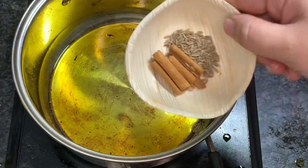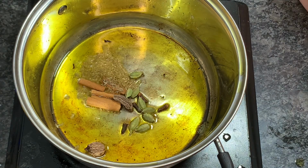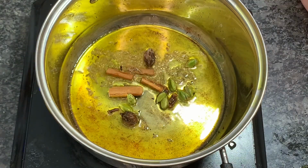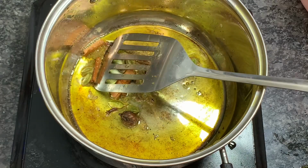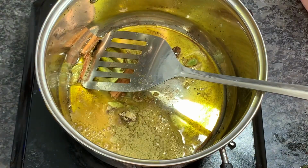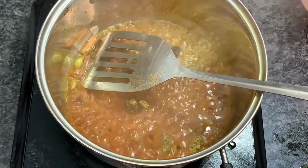Now I have taken the extra oil from this and just kept 2 tablespoons of oil, to which I have added whole spices: cumin seeds, cinnamon, green cardamom, black cardamom and cloves. Then I'll be adding ginger powder, turmeric powder and wur or spice cake masala,